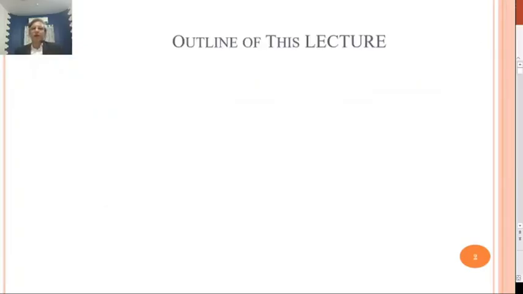Now in the last lecture, we studied the different types of systems: continuous time and discrete time system, causal and non-causal system, static and dynamic system, time invariant and time variant system, then linear and non-linear system, stable and unstable system. And in this lecture, we are going to study the definition of the Laplace transform,